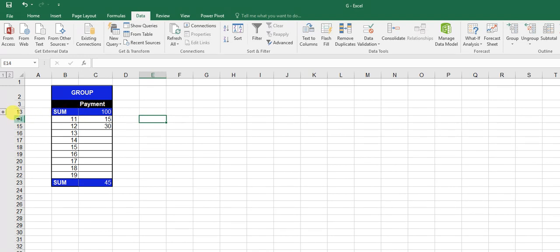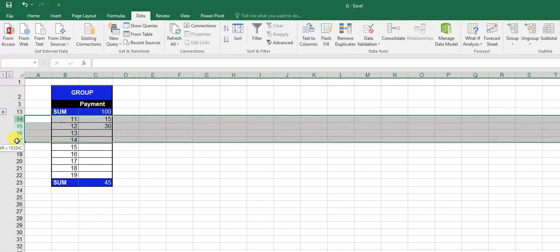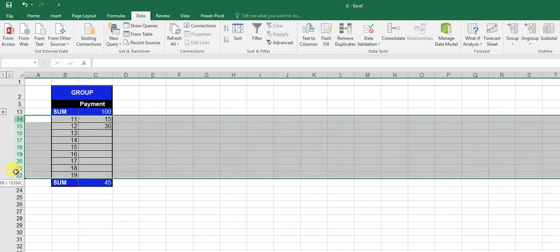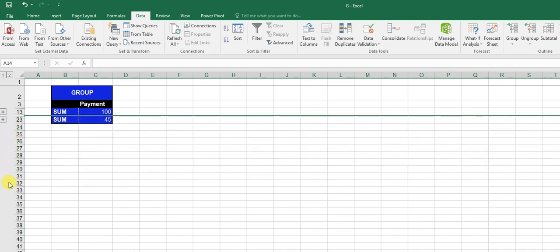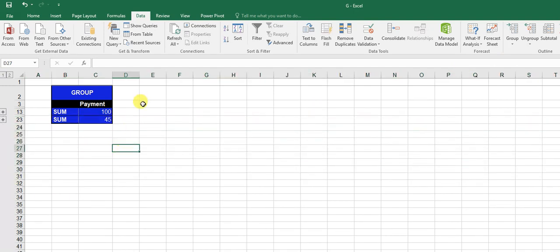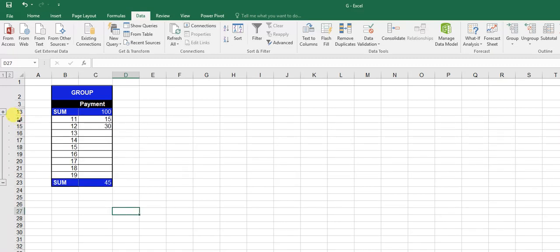Let's do one more. I mark what I want and then I press on Data and then I press on the Group button. If you see, I have a little table with only the sum. Now if I regret and I want something else, I take the plus and I mark,